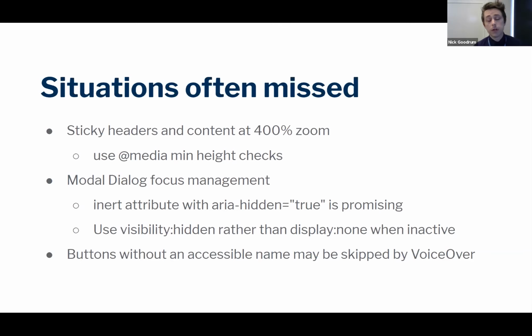Something else about Safari on iOS is accessible names. You should have an accessible name on your button in the first place, but I see so many hamburger menus that pretty much have no name, just visuals, right? The three bars. Those are pretty much always skipped by VoiceOver because users would never even know it exists. You try to flick, you try to tap, anything, and nothing really happens. There's no way of interacting with it. Now, there are plenty of other issues, but at least screen readers on desktop might actually land on it, let you know that it's clickable, or if it's a link, at least read the URL.